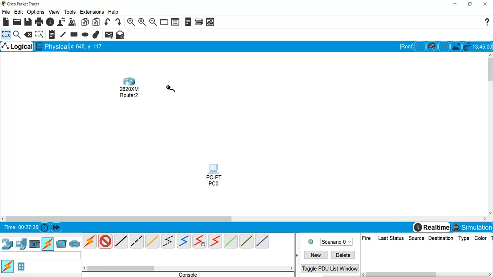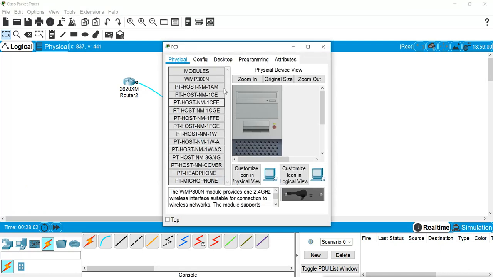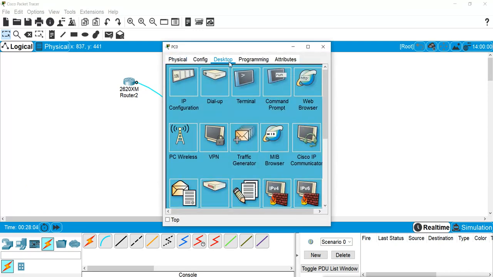Now I will click on the router, so it will show me which port you want to connect. The router right now has these fixed ports: auxiliary, console and fast ethernet port. I will connect on console and then click on the PC, and here is the serial port of the PC, RS232. Now it is connected.